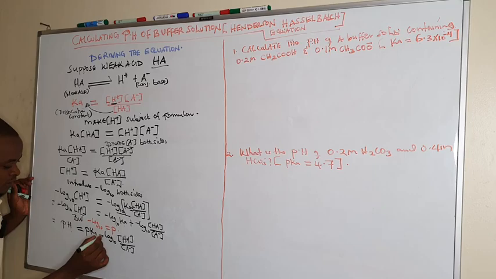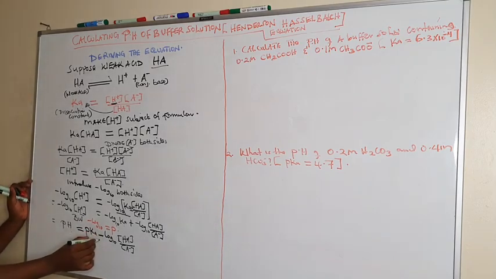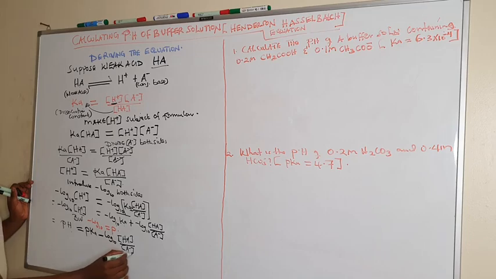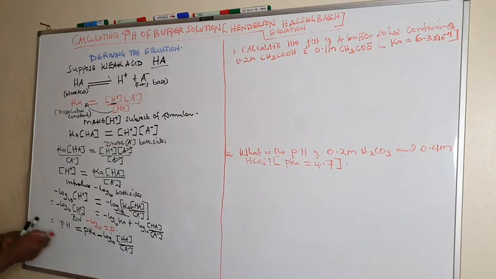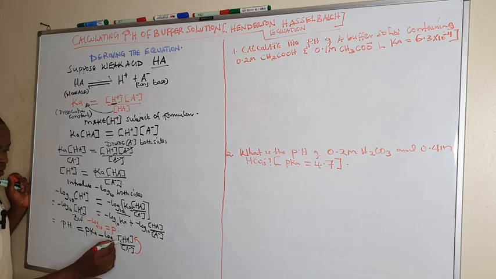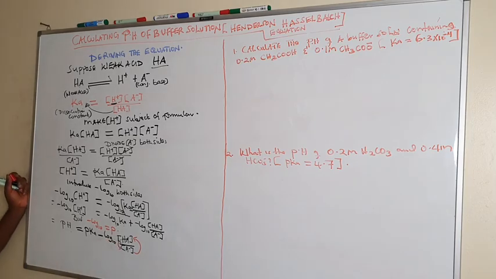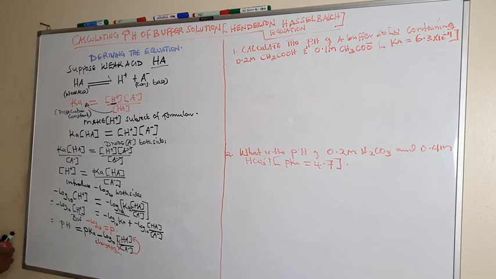But we don't want minus in our equation, so we are going to change this sign, and when we change to plus, we are going to take the reciprocal of this. So the conjugate base is going to come up and the acid comes down. This is the reciprocal when we change the sign. So we change the sign here, and we end up getting our equation being